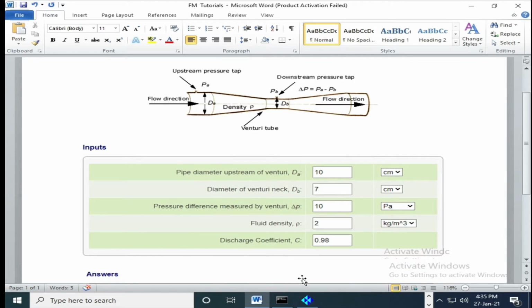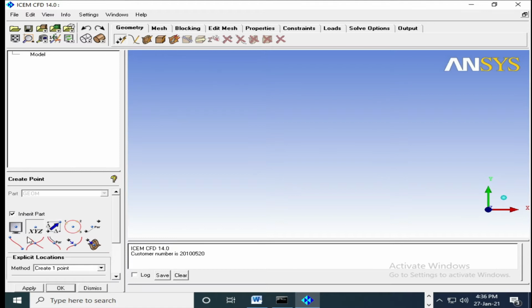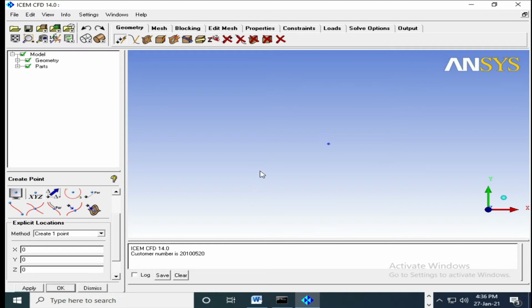So before that we need to draw one drawing. So we will go for geometry creation. We will start from the basic, that is from drawing 0 0 0, and as it is having the dimension that is 10 centimeter means 100 mm, whatever the dimensions are there, we will draw in centimeter. So it's 0 0, diameter I can say 5 and minus 5 on another side. First I will draw a circle.